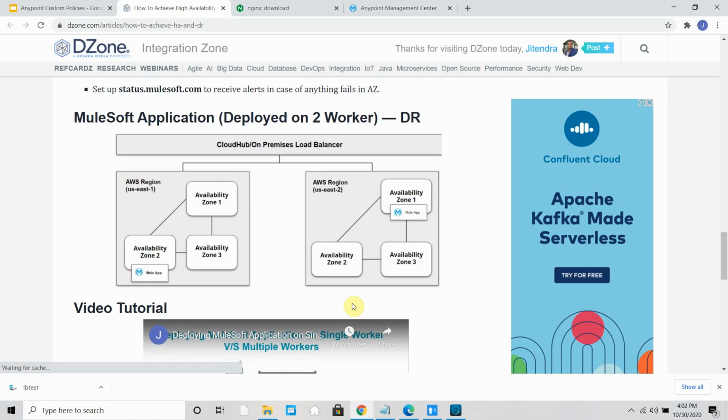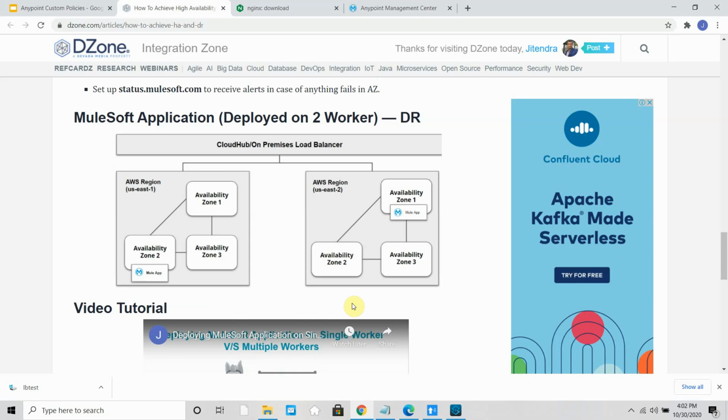In case of disaster recovery, I'm talking about when your region fails due to some disaster or natural calamity. Your region is completely down, but your application is very critical to the business, and you need to make sure that application is highly available and can be recovered from any disaster very quickly.